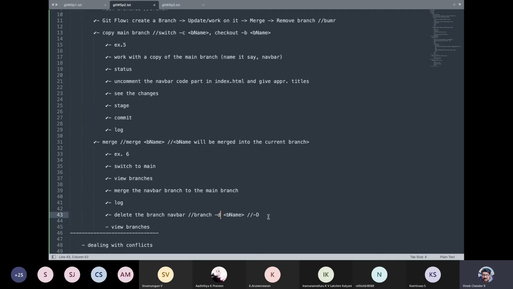The difference is that -d deletes the branch only if there are no conflicts at all. We'll talk about conflicts. When you have multiple branches, there is a possibility of a merge conflict. Whenever you do a merge, you may have conflicts. This happens when multiple branches are maintained by different developers doing a feature implementation or an issue fix.